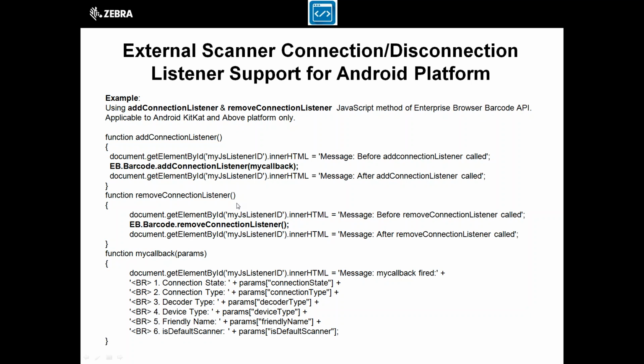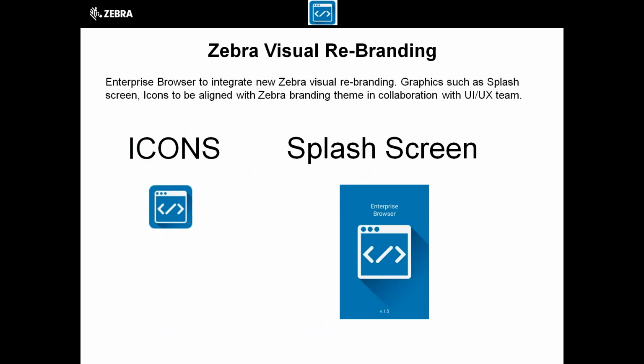Now if the user does not want to get the information again and again, they can just invoke a method called EB.barcode.removeConnectionListener, which will ensure that the connection listener status of the respective external scanner hardware will not be called. So this is the example from the Enterprise Browser barcode API.